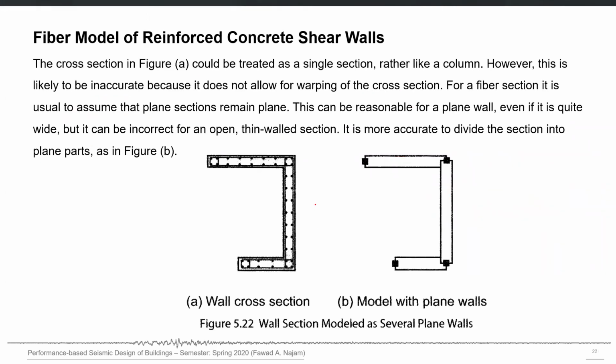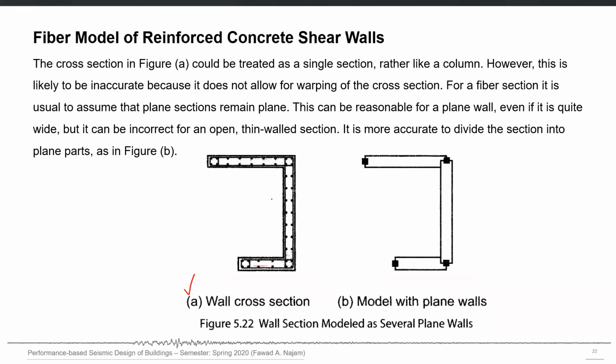One important point which I have taken from Graham Powell's book is that in figure A here, the whole shear wall is considered like one column, just like one cross section. And in figure B, you have actually divided them into different shear wall legs. Now, this approach, option A, where you are modeling the whole shear wall as one column, considering it as a whole one cross section,